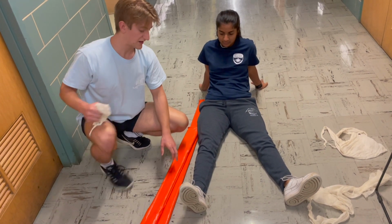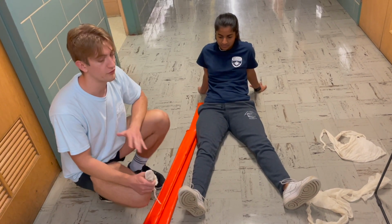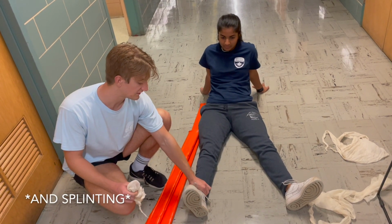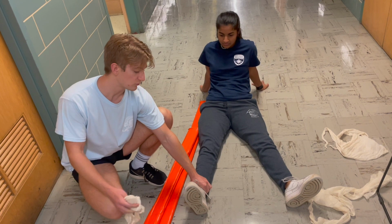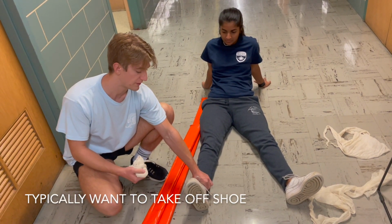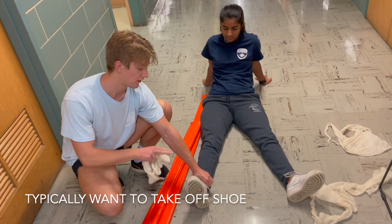We're going to take PMS. That's always important before and after any kind of circumferential treatments. So I'm going to take a distal pulse down here. We may opt to take off the patient's shoe. That's a lot easier in many contexts because it gives you better information about PMS, to take a pedal pulse,